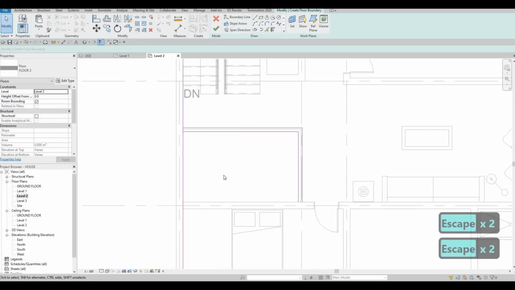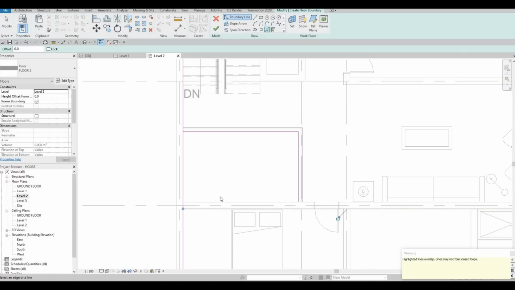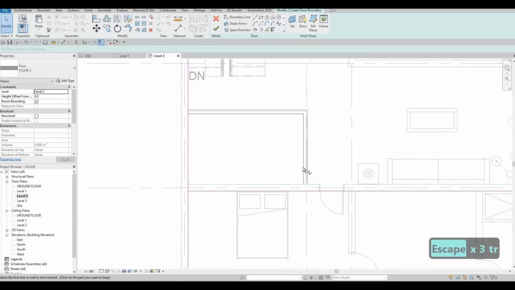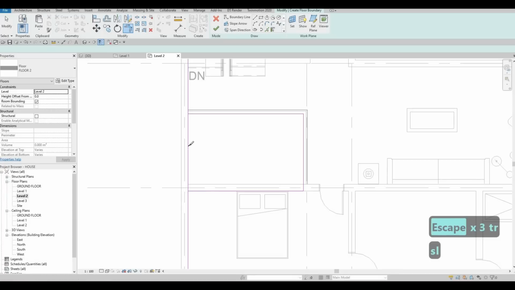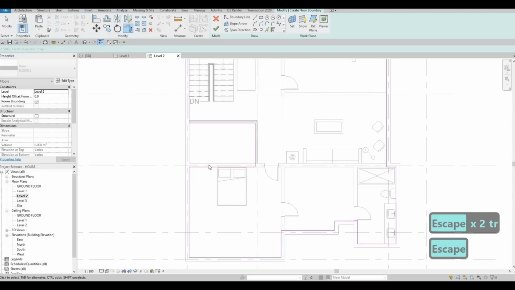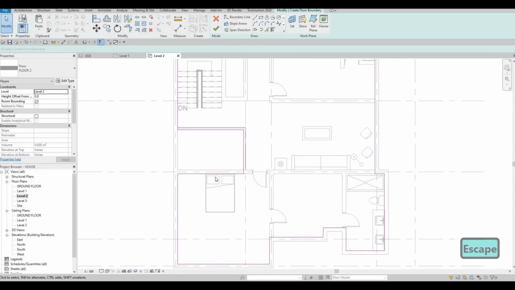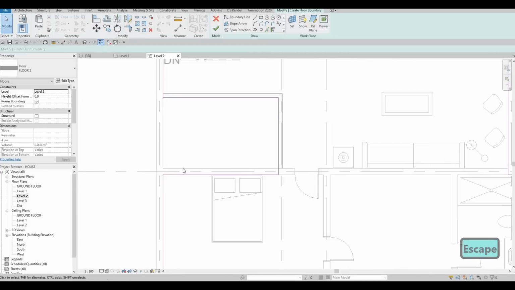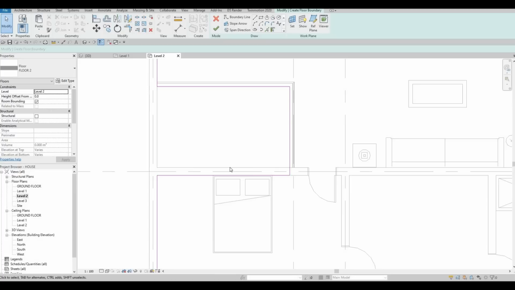And then now, what I'm gonna do is I'm going to pick this line actually, and then let's trim and extend here, and then SL here to slice it up, and then trim and extend right here as well. So now we have that opening right here,